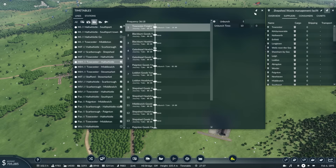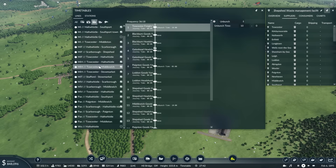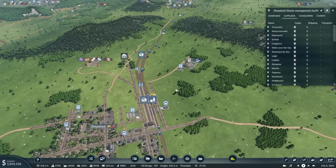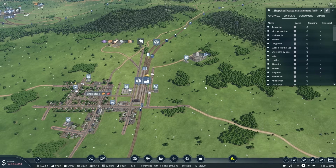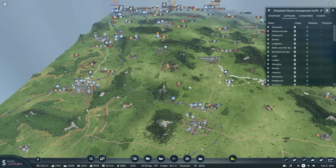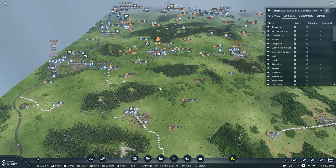Whoops. That's always the danger of doing this, you see, is it breaks after a while. Toaster to Middlewich, wasn't it? And then Paynton, 5. Okay. I think there is a very, very good reason that I've missed as to why this is not working. You're connected to that. You're connected to that. In theory... The other, I guess, thing I needed to check was, do we have...